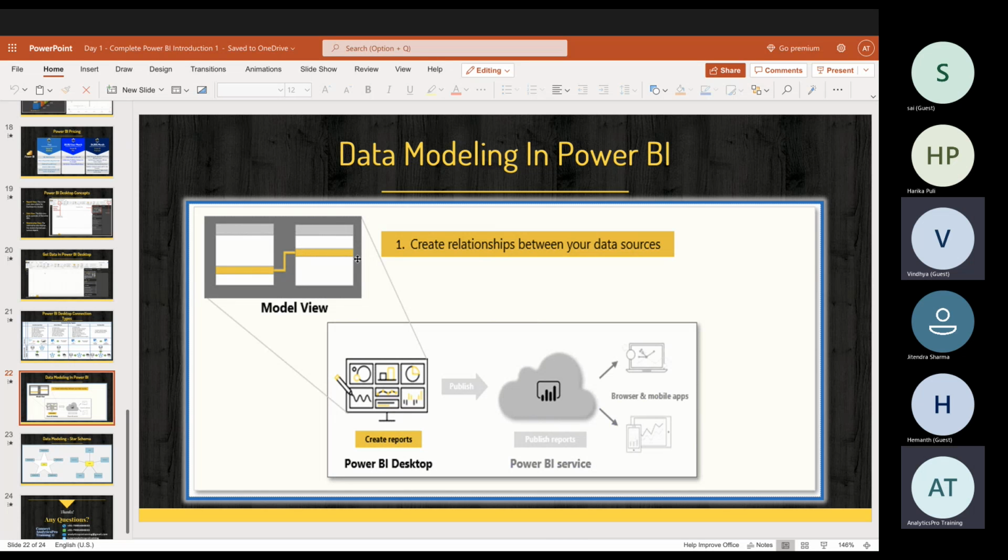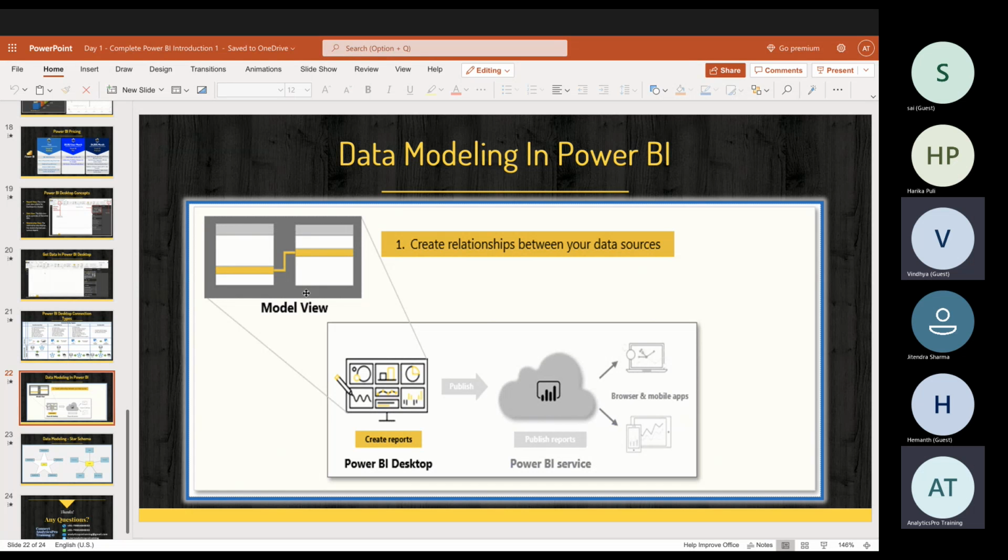So we create a relationship between these particular tables as soon as we bring them into our Power BI. Now someone will ask me, Sai, do you think I can create relationships just like that? We can also create this relationship with the help of auto detect. We also have an auto detect relationship feature available in Power BI. So depending upon the number of tables we pull, it will eventually connect them with respect to the relationships.